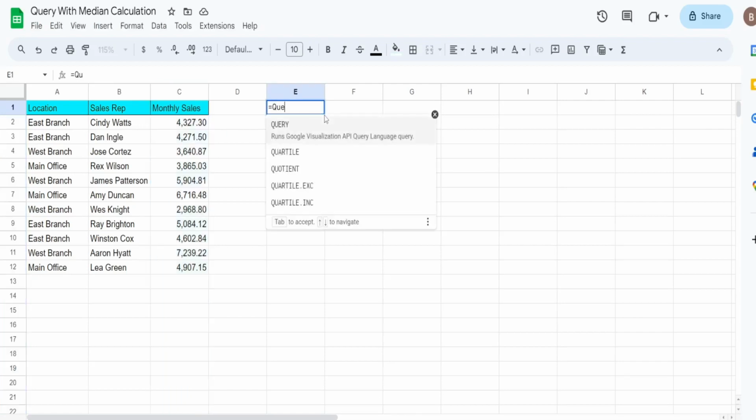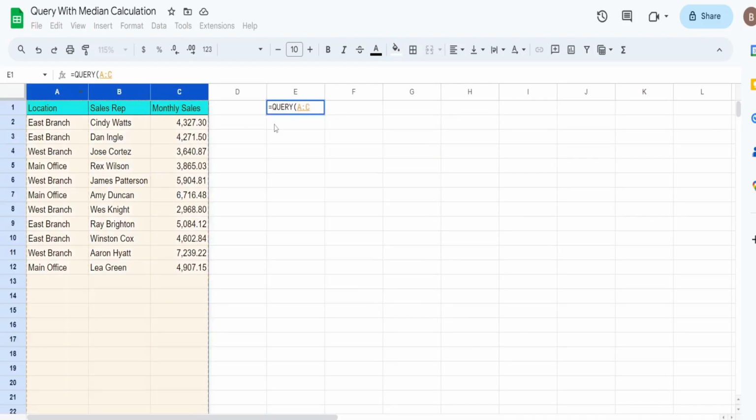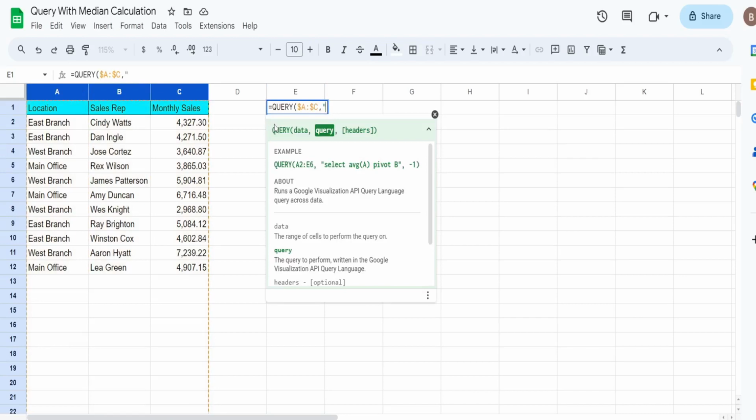So we're going to insert the query function. The first input is the data set we want to query, which is columns A through C. We're going to move on to our select statement. We want to pull back all the columns, so we want columns A, B, C, and then after C, I'm going to add another comma because we want a calculated column in the results that includes the median on monthly